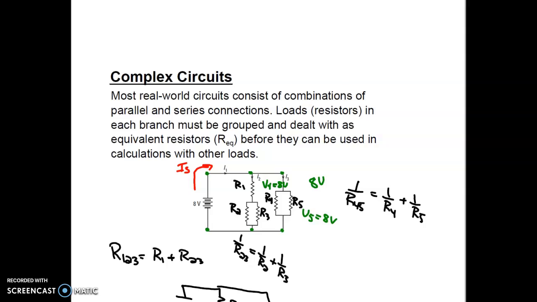So the last couple of days we've talked about parallel and series circuits, and today we're going to move to complex circuits. So that's when it combines parallel and series circuits. Most real world circuits consist of combinations of parallel and series connections. Loads in each branch must be grouped and dealt with as equivalent resistors before they can be used in calculations